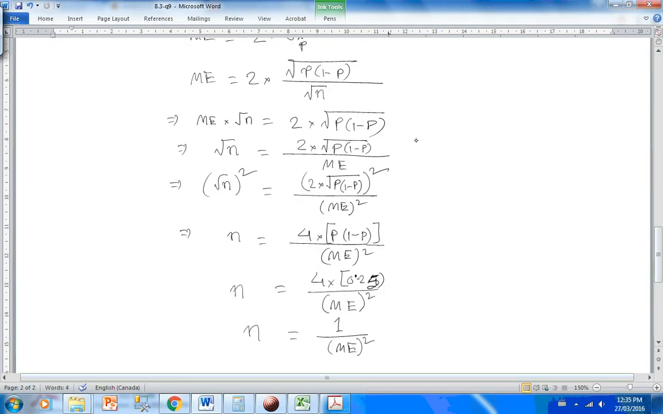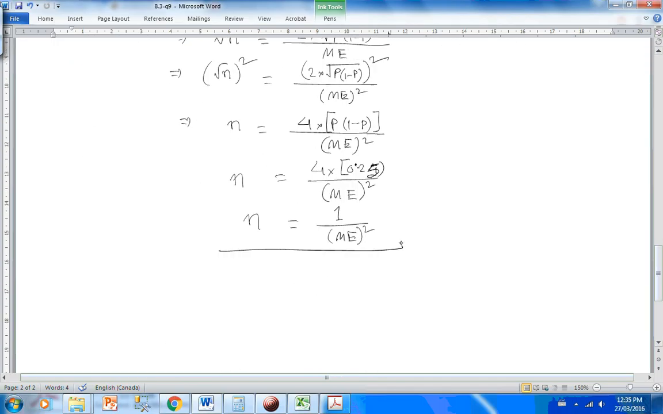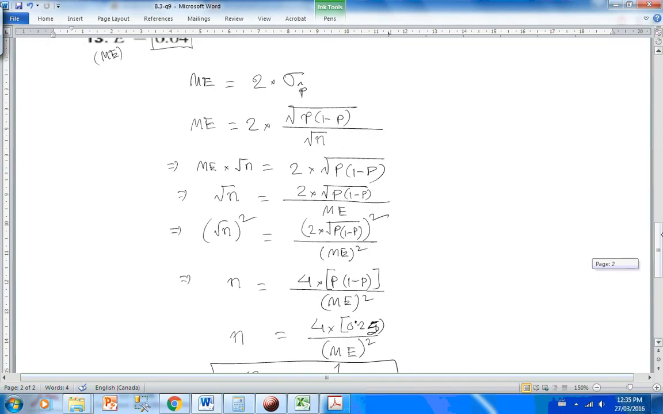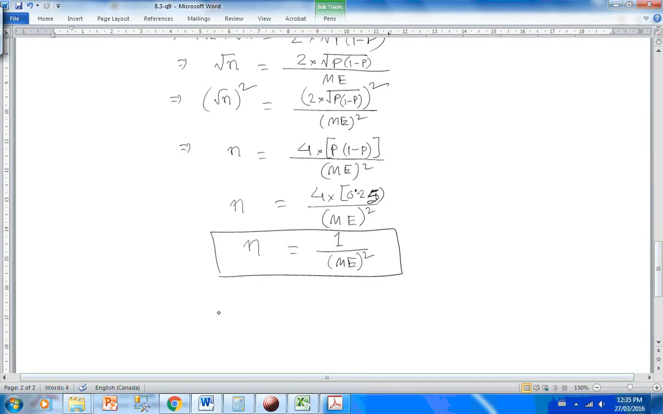If you don't want to worry about all this logic and intuition, just use your cheat sheet. Write this formula down on your cheat sheet during your exam or quiz, and if I ask you to find the sample size needed to achieve a certain margin of error, you just plug the margin of error into this equation. So let's do that for this question. The margin of error I desire is 0.04, and therefore n is going to be 1 over